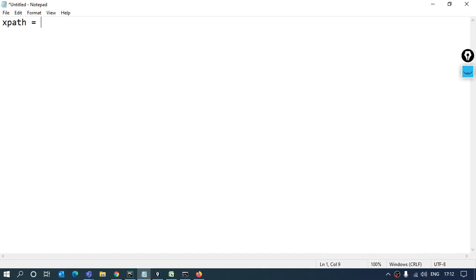Now XPath is nothing but the unique address of the element on the web page. Unique address. This means that even if I'm using ID or name, I can use them with XPath also. ID and name also I can use with XPath. I'll tell you how in some time. But let's first discuss what XPaths actually are, what the types of them are, and how to make them. Then we'll come to this.